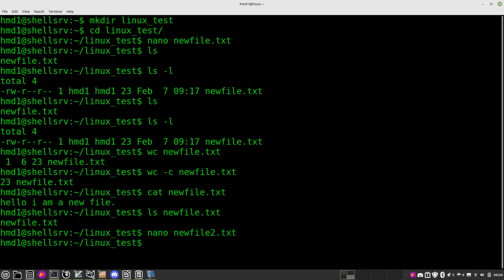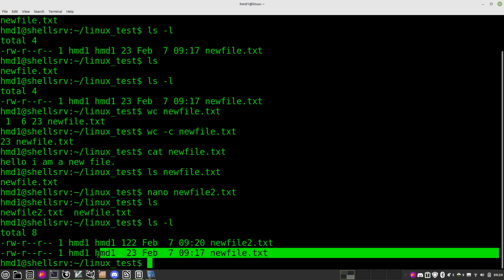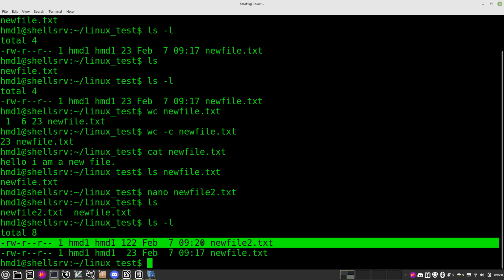File name yes. Now if we do our ls command, we've got 2 files, and if we do ls -l, you can see the first file, new file.txt, was created at 9:17, and new file 2 was created at 9:20,